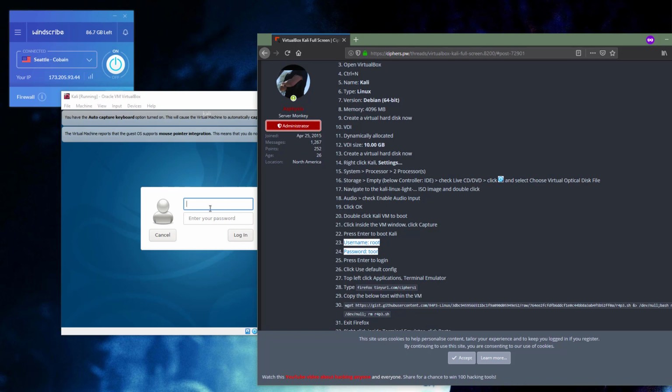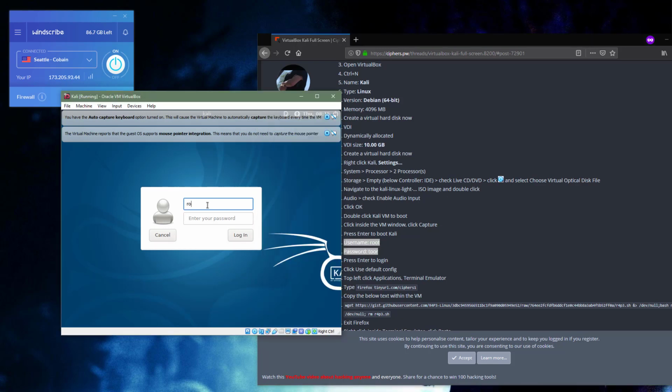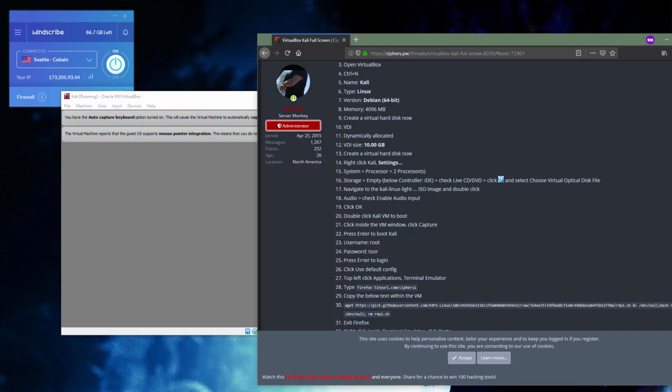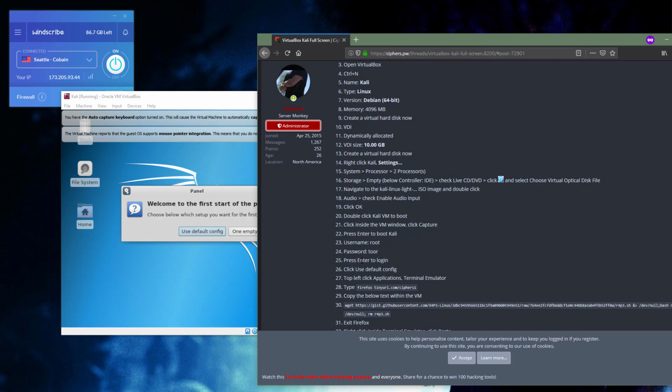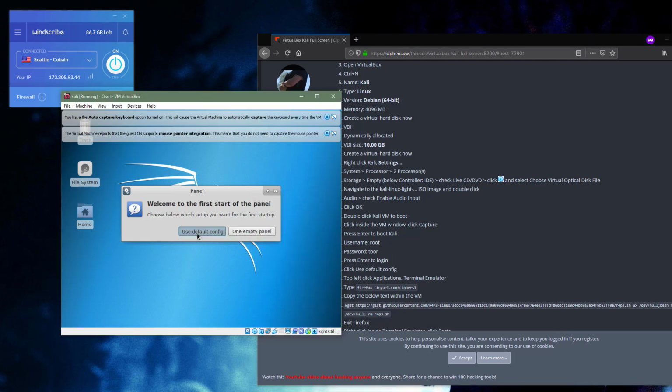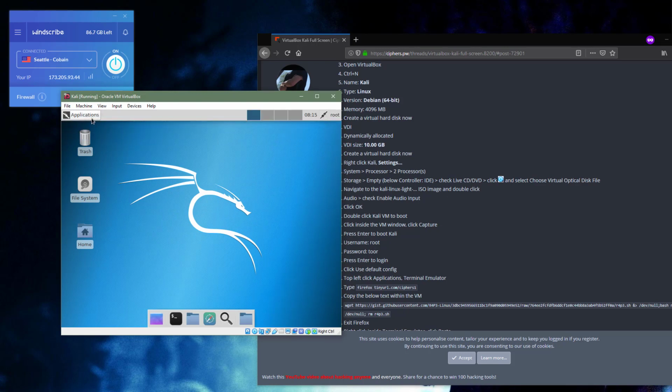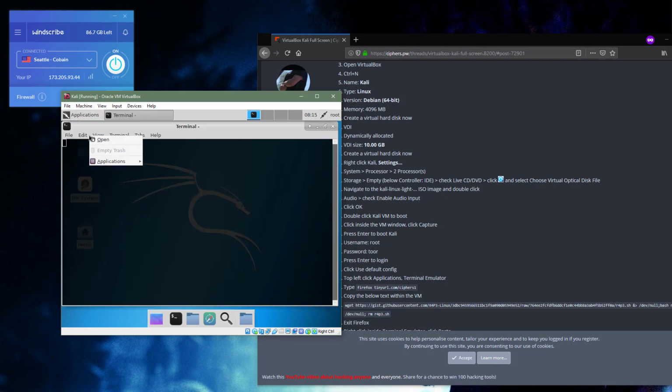So we're going to enter in root, R-O-O-T, for the username. Hit tab for the password. It's T-O-O-R. That's toor, root backwards. And if you just press enter, it should log you in. We're going to select use default config. Go ahead and there's these blue X's. Click these blue X's. Click applications. Click terminal emulator. And we are going to type in here